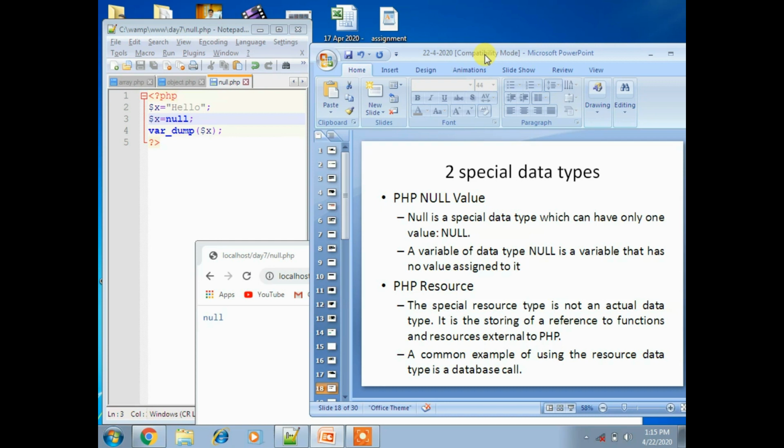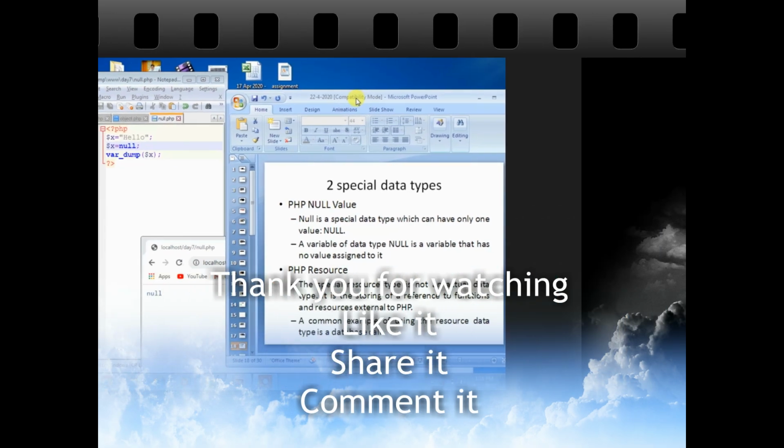If you want to use database functionality, for queries or to insert database related things, then you have to use this resource data type. Null is a special data type which can have only one value, that is null, and resource is used for database calls. It is not an actual data type.